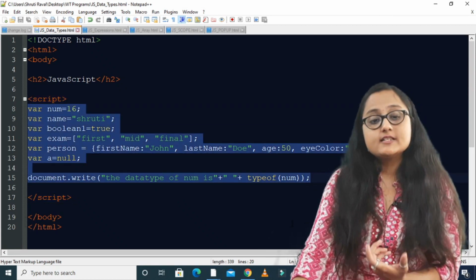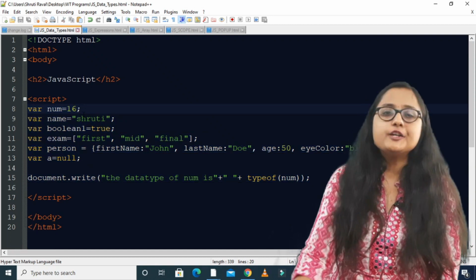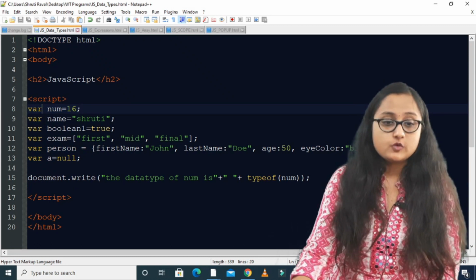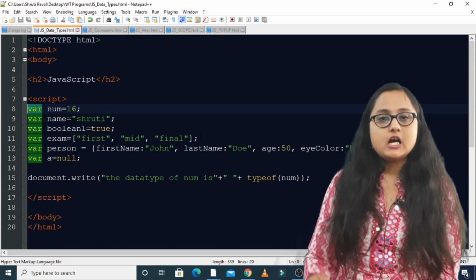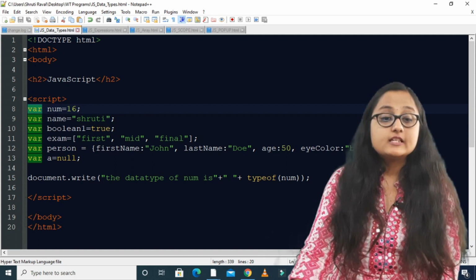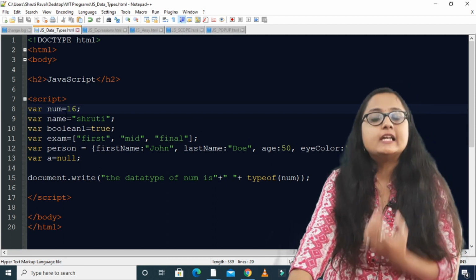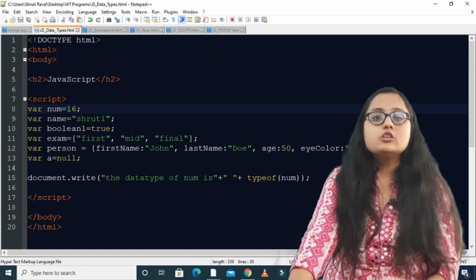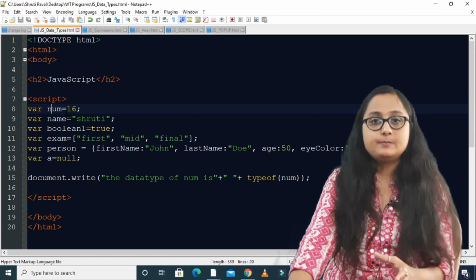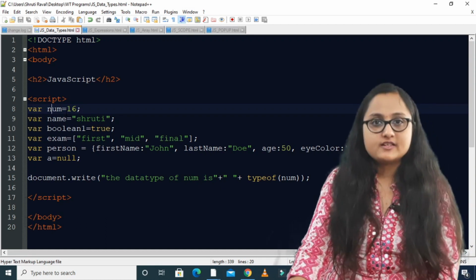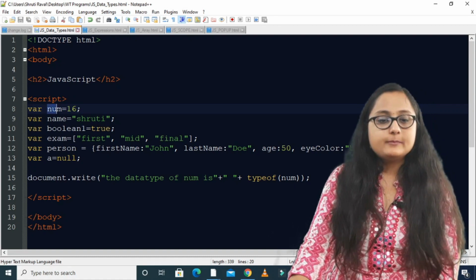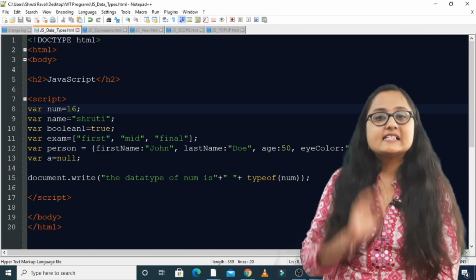Now let us see what is the code that I have written. So I told you already that if you want to declare a variable in JavaScript, the keyword that is used is var. var stands for variable declaration. The next thing you have to write is the variable name. That is a user defined name. All the rules that apply for variable declaration in other programming languages like C and C++, same rules apply to JavaScript as well, right? So following those rules, I have declared the first variable num, and I have assigned a type